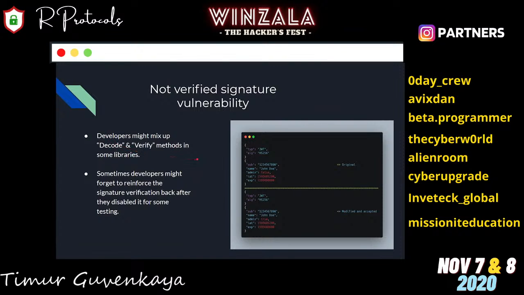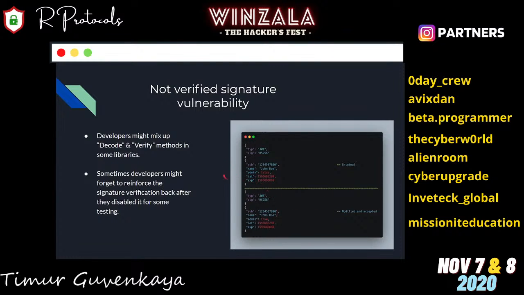Decode, as you might have guessed, is basically base64 URL decoding the token, but it does not verify the signature. Sometimes people might mix them up and use decode instead of verify, which introduces a vulnerability. You can tamper with the payload, as in here, we just escalated privileges of John Doe to become an admin, and since the signature is not verified, it's accepted.